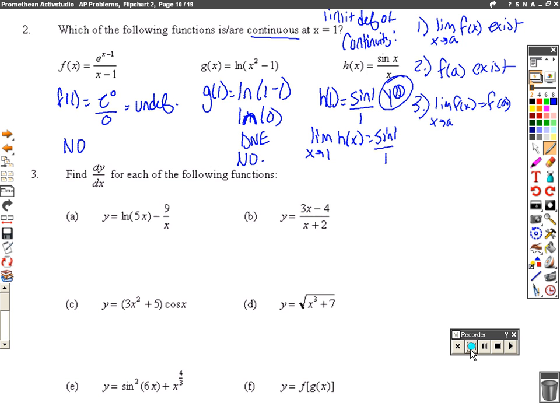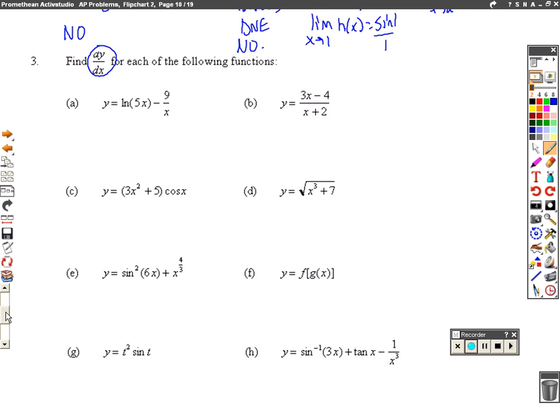Alright guys, moving on to number 3, we want to find dy dx, which is just the derivative for all of these functions. This is going to test all your derivative rules, and you have to know every single derivative rule. Okay, so I'm going to try and do the answers in blue and put the rules in red. If I see natural log of u,